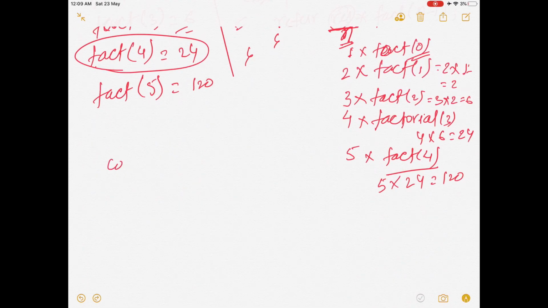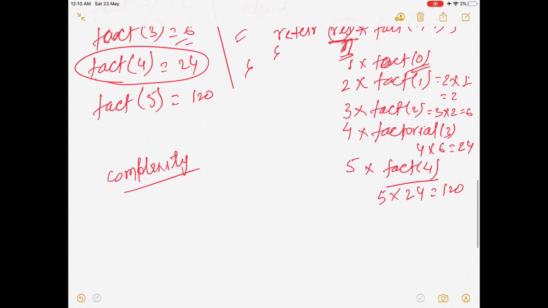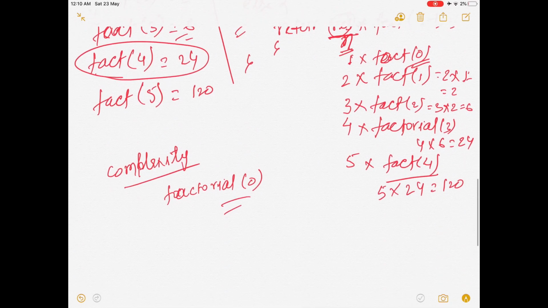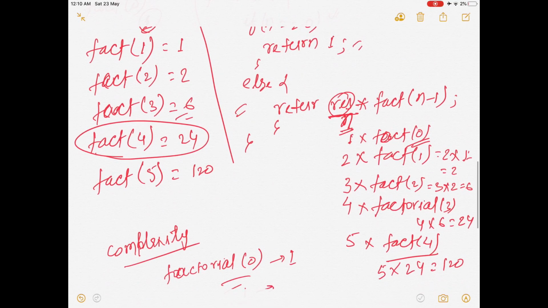After seeing this code, we need to discuss the complexity. You can see that for factorial 0, we need to call it once. For factorial 1, we need to call it 2 times.